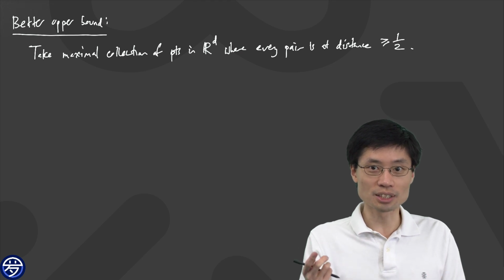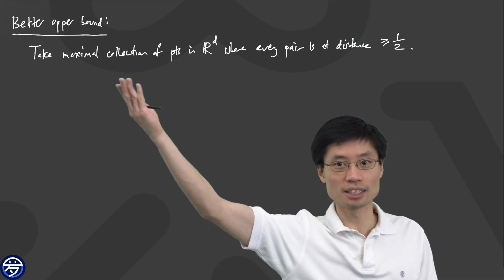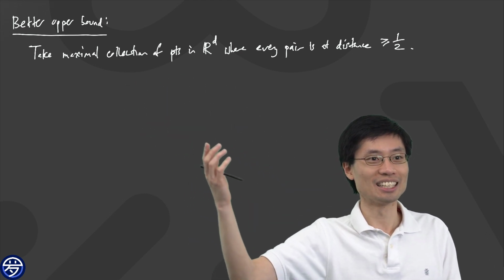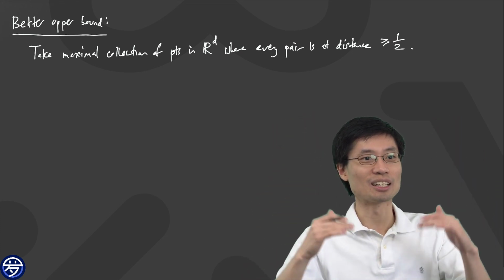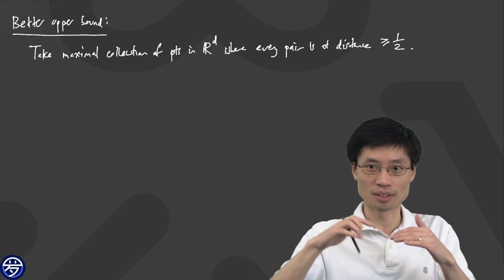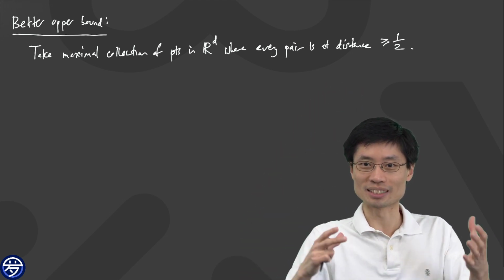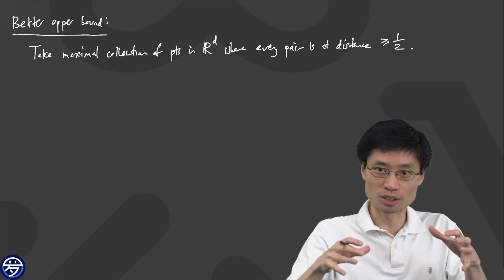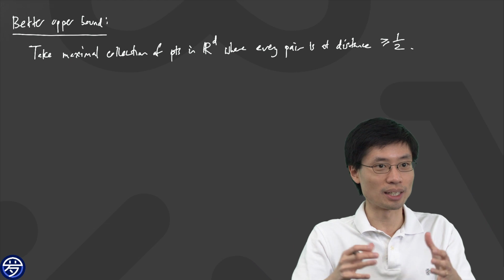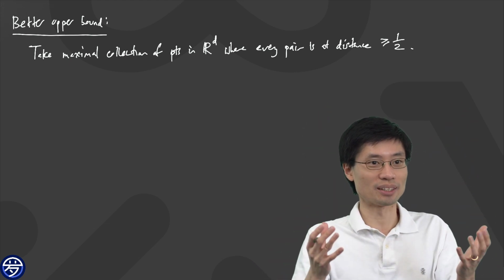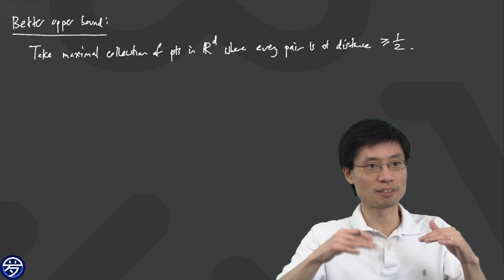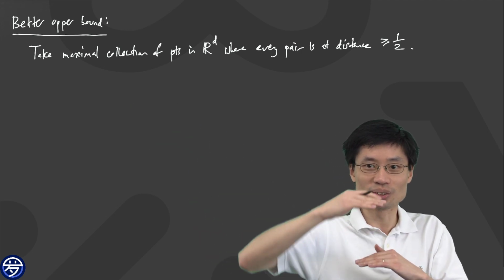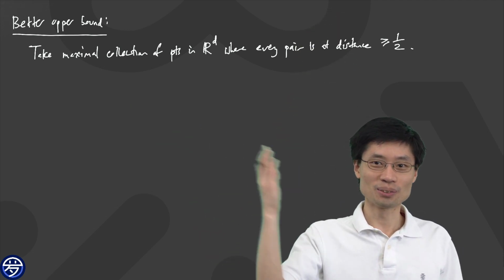So there's a couple of steps. First is that this exists. The reason this exists, even though R^d is infinite, is because it's a maximal collection. And maximal is just like a union of sets. If I have any increasing chain of these collections of points in R^d, meaning here's a bunch of points, here's another bunch of points which contains all of the other one, I can union my way all the way up, and I get another one. Does that make sense? So if I just want to find this maximal collection, this exists. The maximal collection is just the union of a chain all the way up. So we can have this maximal collection.